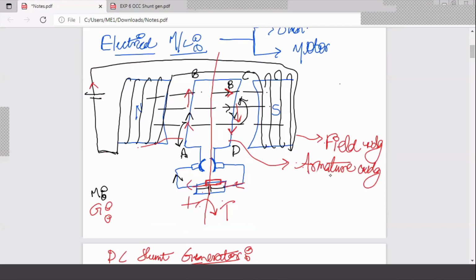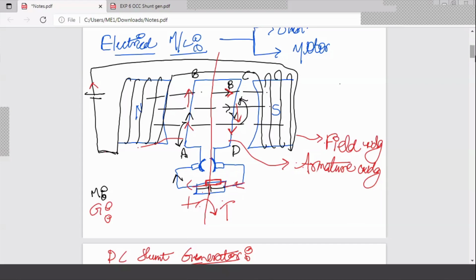Now depending upon different types of machines, sometimes you may have a rotating armature, sometimes you may have a rotating field, and so on. Basically there should be 2 windings. One is known as a field winding, which is responsible for creation of magnetic flux in the machine, and the other one is known as an armature winding. So depending upon machines this may vary, as well as the type of connection. When we say DC shunt generator, there is a type of connection which is understood like that.